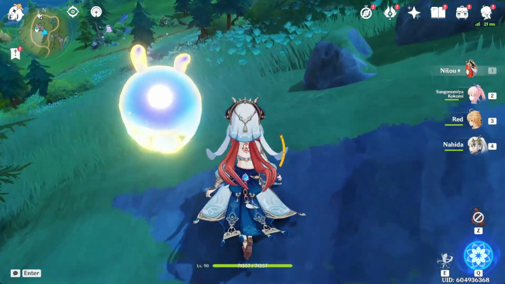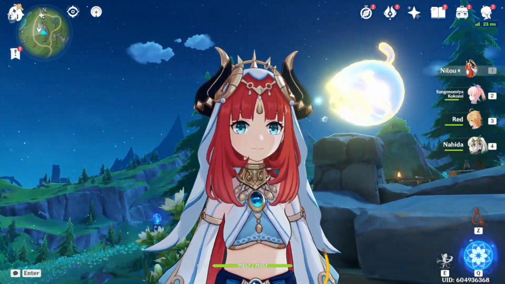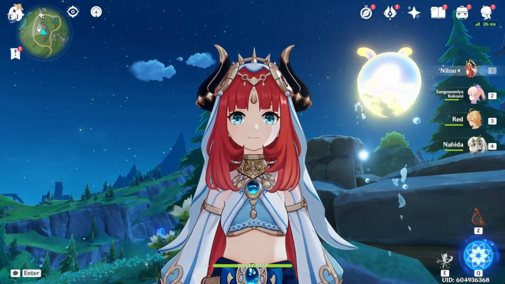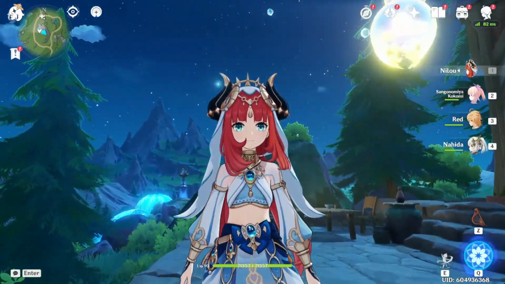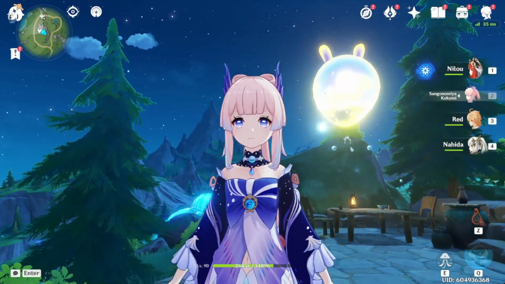So like Nilou, the thing is, people want to tell me that, oh, she's not power creep. Dude, Nilou is the DPS of this team. We take Nilou off this team, the bloom damage goes down to like 9,000, right? And it becomes less frequent. She is the DPS of this team. We're not going to run a DPS on this team whatsoever, and not a DPS that can get a lot